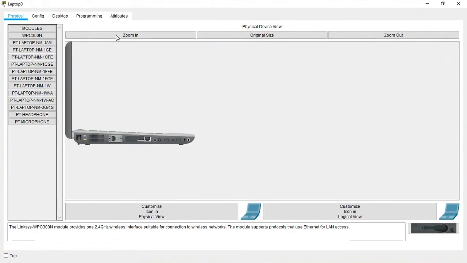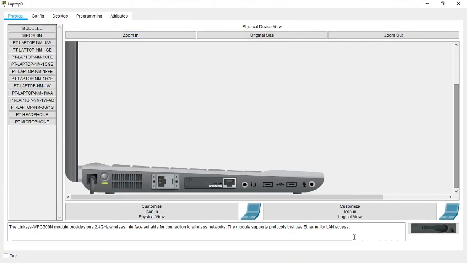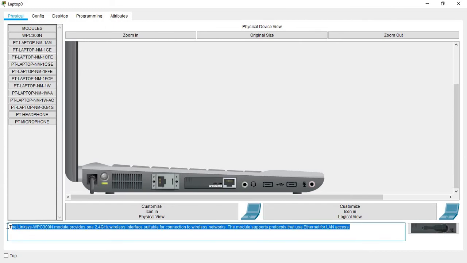Let's zoom in. Okay. Now let's read this very important information that says the Linksys WPC300N module provides one 2.4 GHz wireless interface suitable for connection to wireless networks. The module supports protocols that use Ethernet for LAN access. What does this mean? This means that for you to access the network, you have to have drivers. This is similar to that. I mean, you have the interface that allows you to connect to the wireless network. It is similar to installing the drivers that allow you to connect to the network. So now you have to install this